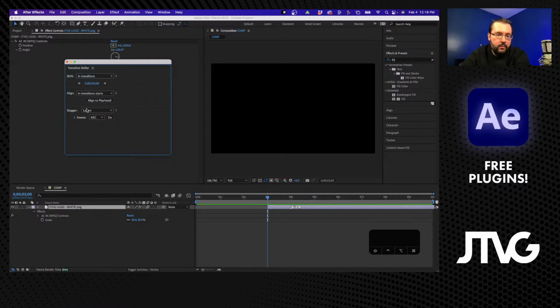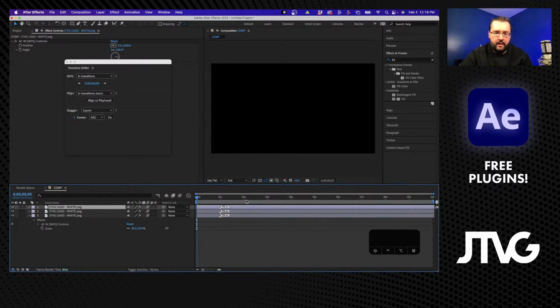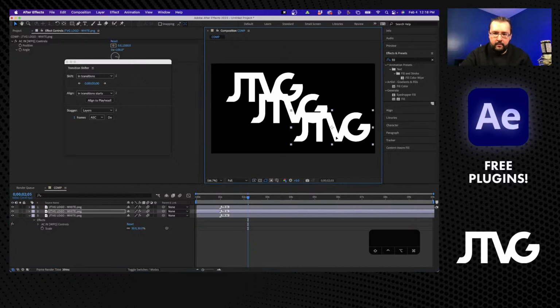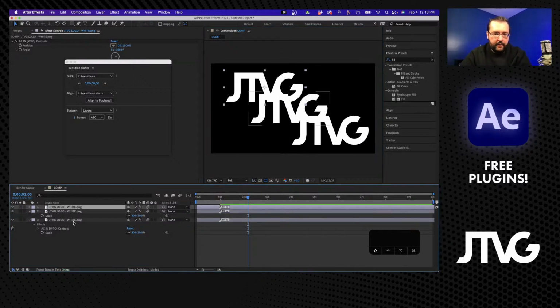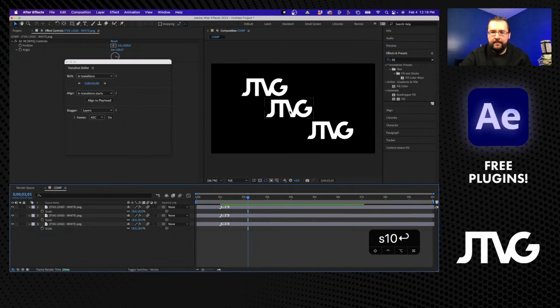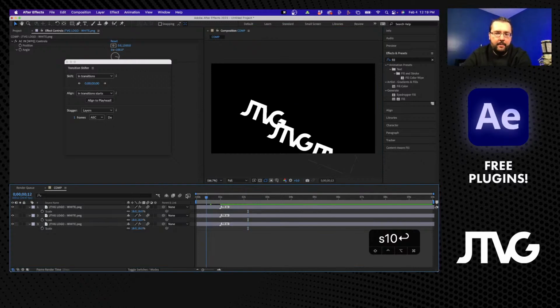And then the stagger menu, which is really cool. To showcase that, what I'm going to do is push this to the beginning here, and say if we had several of these layers, right? Maybe I duplicate this a few times. We'll just push these out a little bit. Bring up scale for all of them. Maybe size them down a little bit. Here we go. So maybe I have a step and repeat type of thing going on,